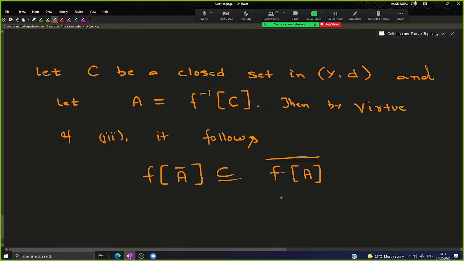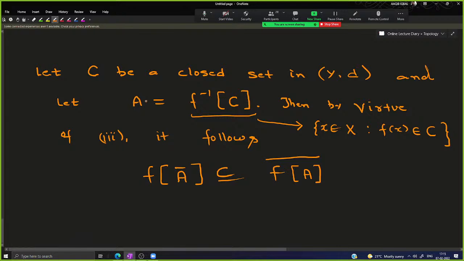Now but if I ask you what is this, what's f of A, what's A is f inverse C, and what is f inverse C, this is basically the set of those elements of capital X whose image under f is a member of C। ठीक है, by definition of this inverse image function, f inverse C is actually those points in X whose image is in C, और आप इन्हीं पॉइंट्स का जो सेट है उसको A से डिनोट कर रहे हैं।